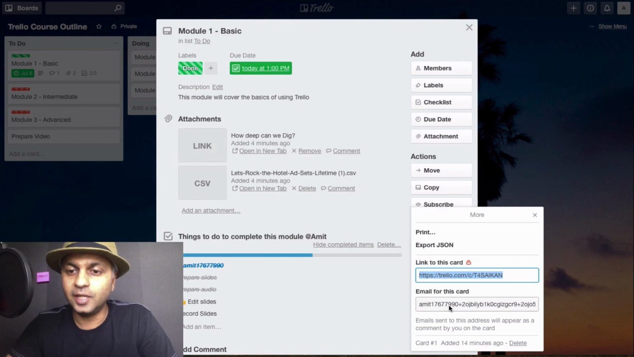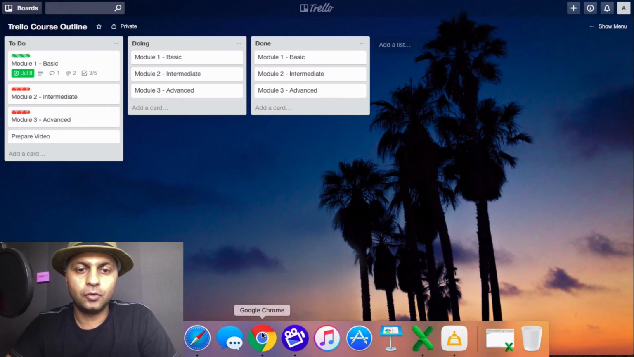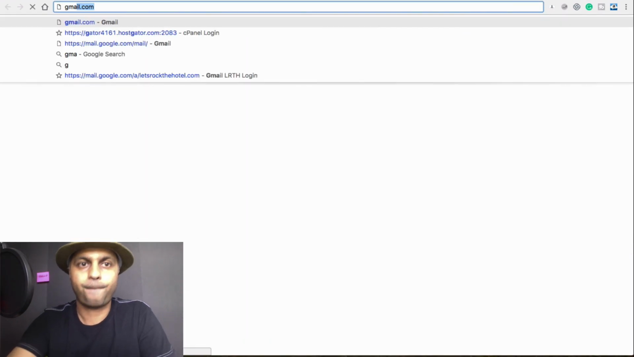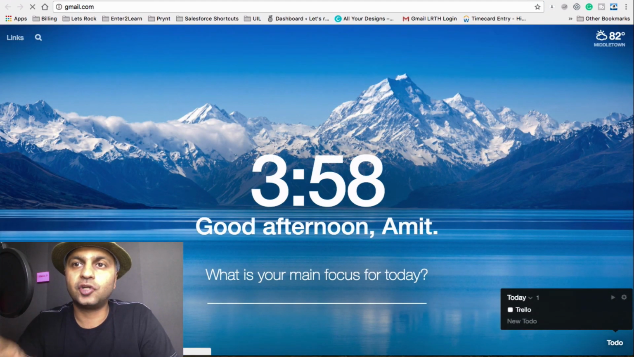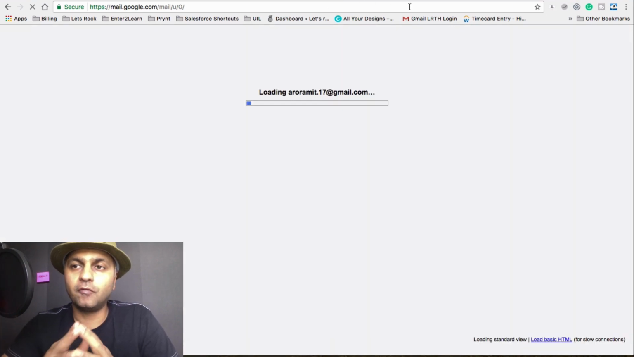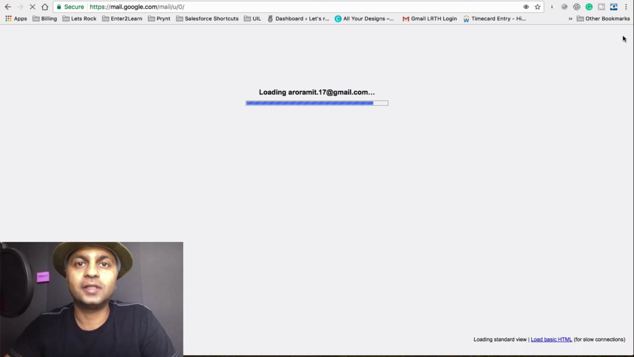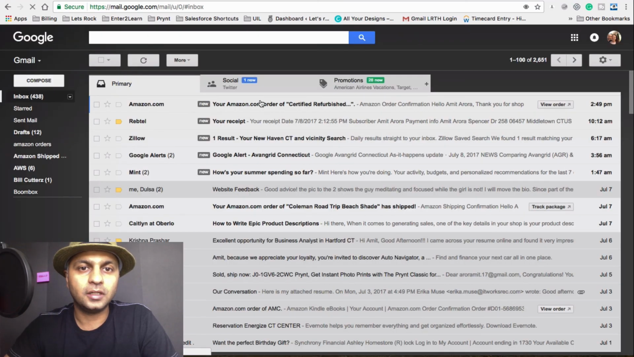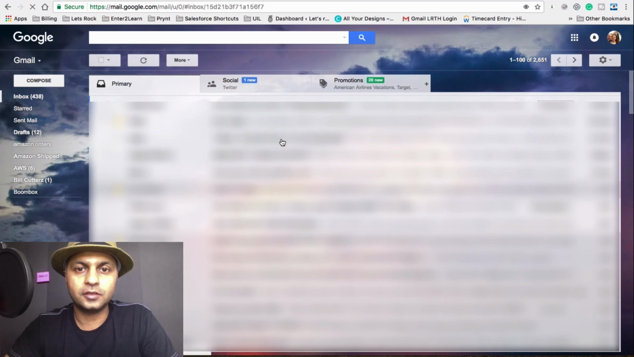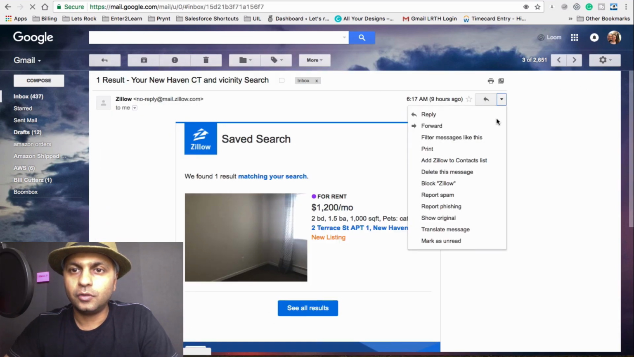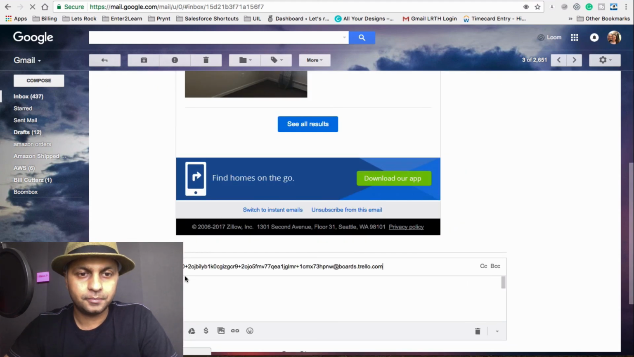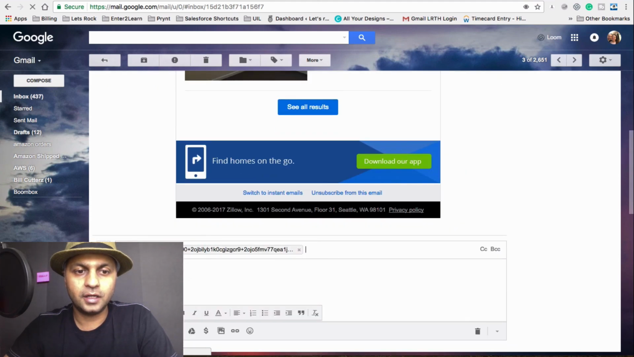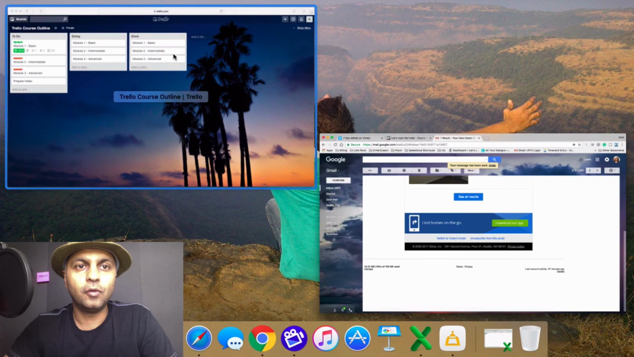The next is email to card. This thing is pretty cool. If I just grab this email to card address, and let's say I go into my Gmail account, you can forward emails straight to a card. Let's say there is a card where a bunch of people are collaborating and you want to keep track of who's saying what on that card. I'm just going to pick an email here. Let's pick this one, and I'm going to forward it, put that URL there and hit send. Now if we go back into Safari,